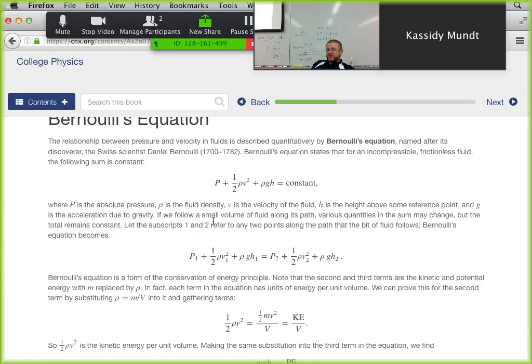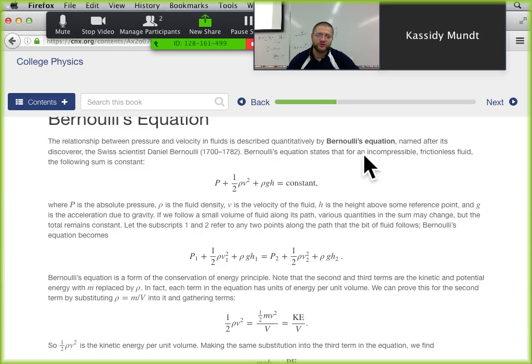And if you measure this at two different points, then you can say that the pressure at the first point plus 1/2 rho times the velocity at that first point squared plus rho times g times the height at that first point equals the pressure at 2, plus 1/2 rho v squared at 2, plus rho gh at 2. So you can compare two different points. Whenever you can build equations in physics, you can use them to solve things, right? This equation is something you can build in general and then use to solve for things that are going on in fluids. And that's the beauty of it.